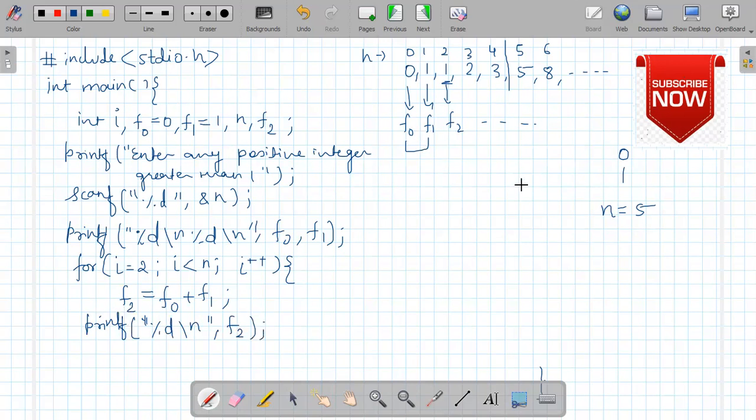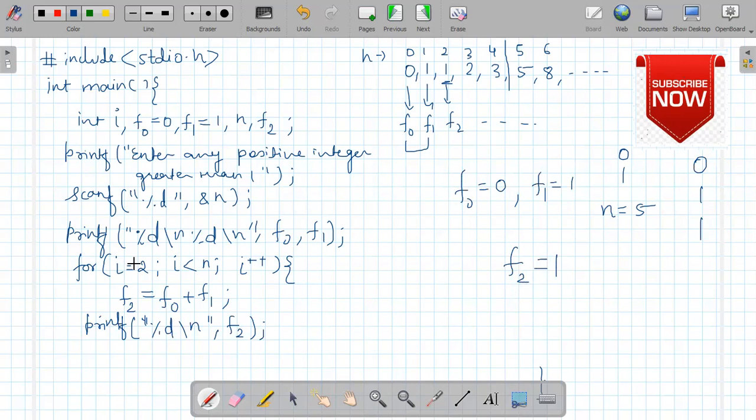Once this f2 is printed, on the screen we have these three numbers. Now we want the next number to be 2. Initially we have f0 is equal to 0, f1 is equal to 1 and f2 is 1.